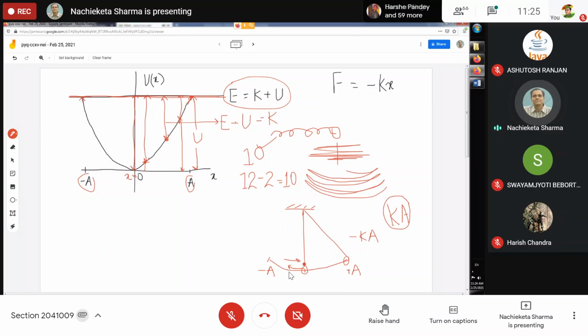So the body starts its journey from the mean position towards the other extreme with the highest possible speed, but gradually the speed goes on decreasing and the force goes on increasing. The elastic force goes on increasing, the speed goes on decreasing, and the moment it reaches the extreme position, the speed is 0 but the force is maximum. Again that force will try to pull it back, and now the direction of velocity and the direction of force will be the same. So from 0, the speed will again increase.